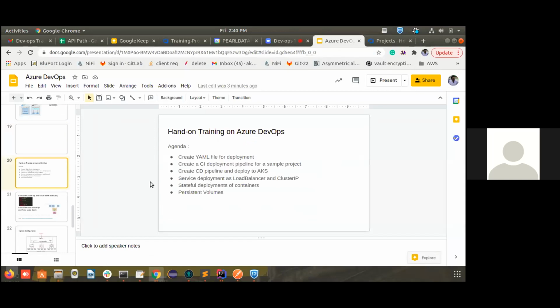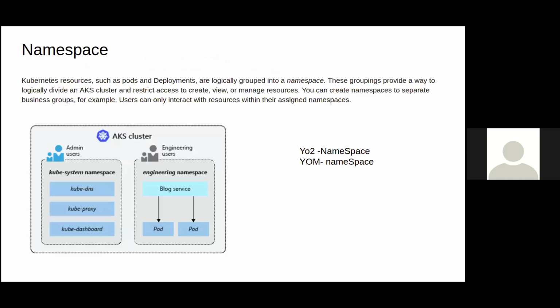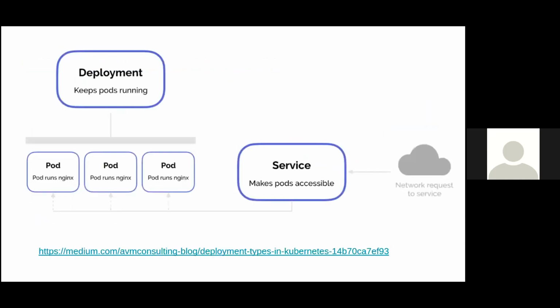The agenda for today's training is this. We'll be creating a deployment descriptor YAML file for deploying a sample application to a Kubernetes cluster. I think you have gone through the previous video and the presentation that is available. There we mentioned briefly what Kubernetes is and how the pods, services, and deployment are connected with each other. I can just give you a brief intro again.